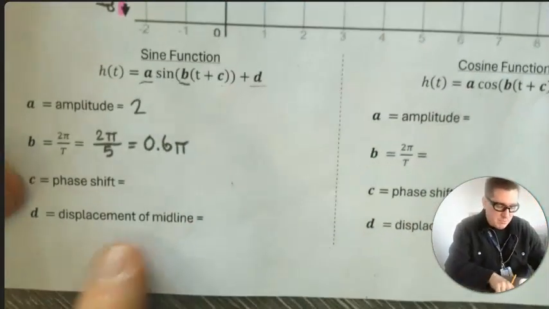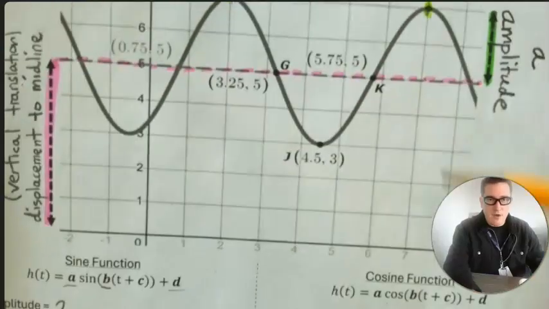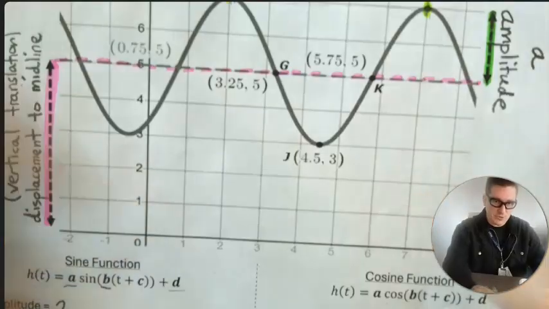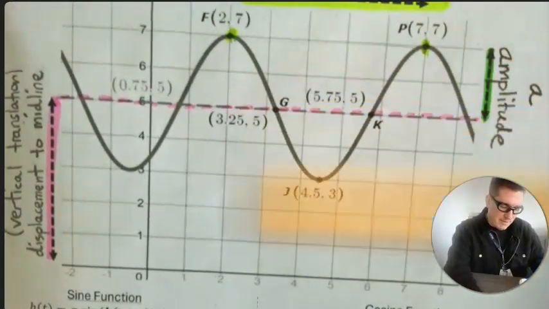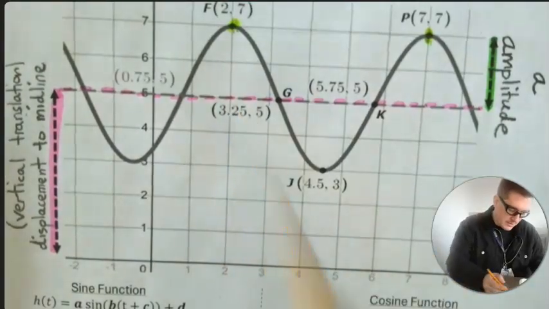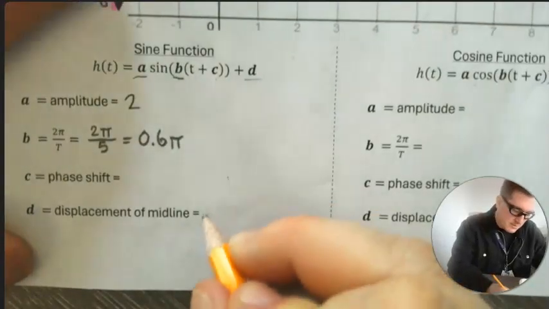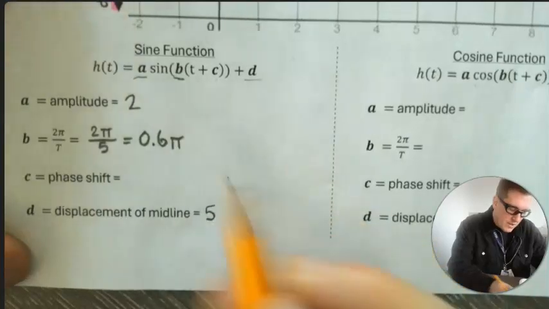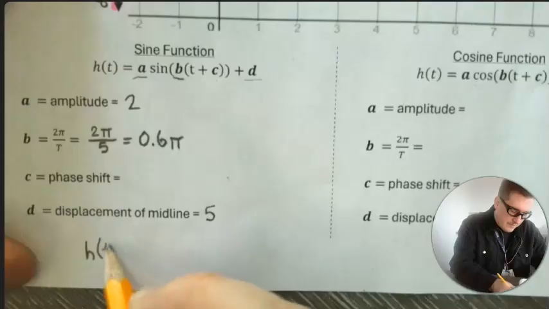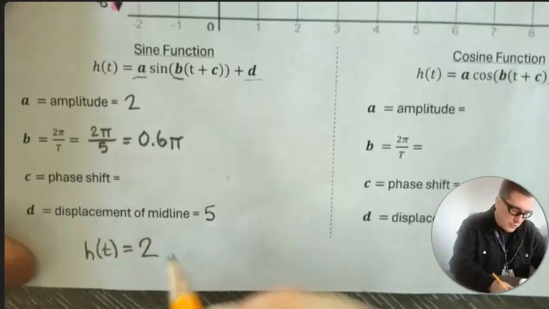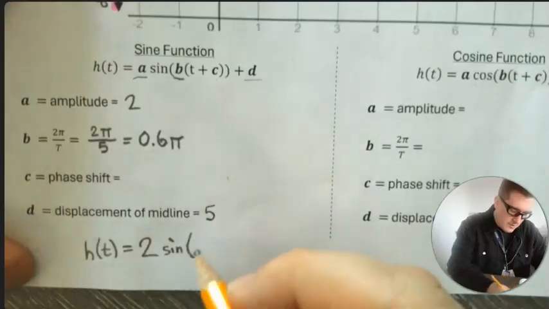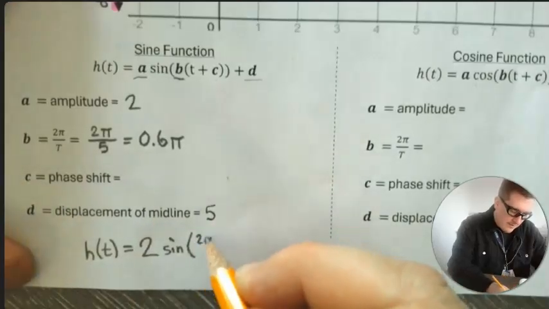And then the displacement of the midline is how far vertically translated my sinusoidal function is from the original. My midline jumped up 5 units from here to here. So my displacement to midline is 5. So far, my function is h of t equals 2 times sine of 2 pi over 5,